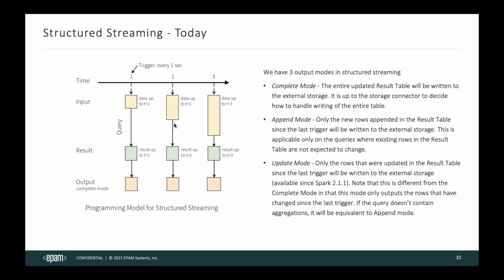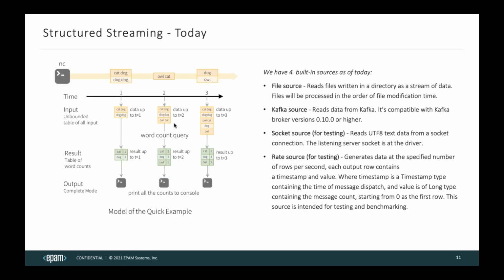Okay? So let's go back to this timeline. At T1, we get new input, we did the calculation, and the output didn't change because, for example, we are getting duplicated records. At T3, we still have the same data. I mean, not the same, but duplicated data, but the output is still the same because this is working in complete mode. We already grouped the data and we are seeing the same.